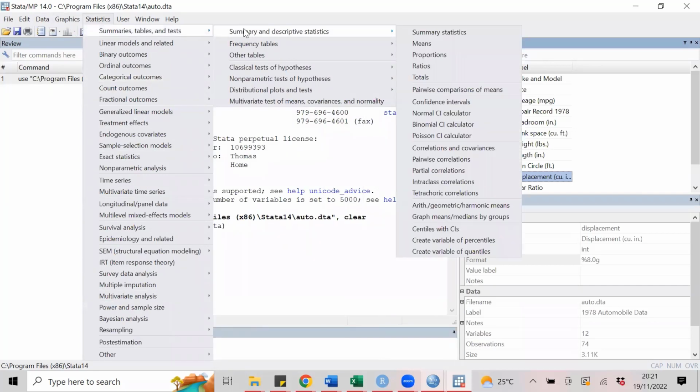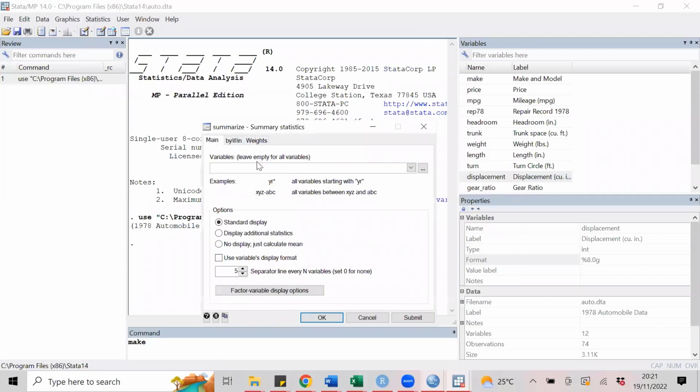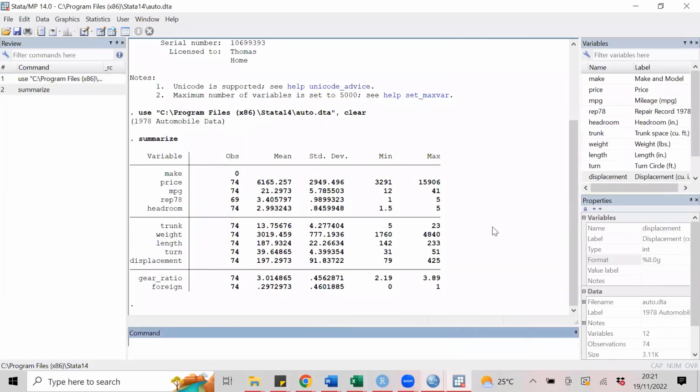Let's do probably a summary, okay? Yeah, summary statistics. When we do the summary statistics, you get the data here.